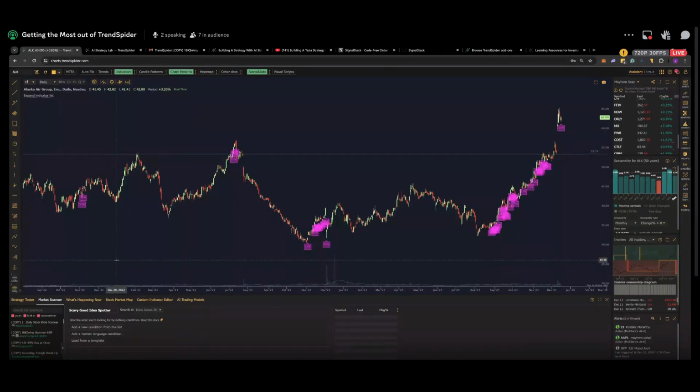So that Mark Minervini volatility contraction pattern, Jason, I defer to you on that. What do you think? Yes, I actually know for a fact that it's possible. Funny enough, my colleague and I, one of my jobs here at TrendSpider is coming up with fun things to share. So earlier this fall, we did a whole